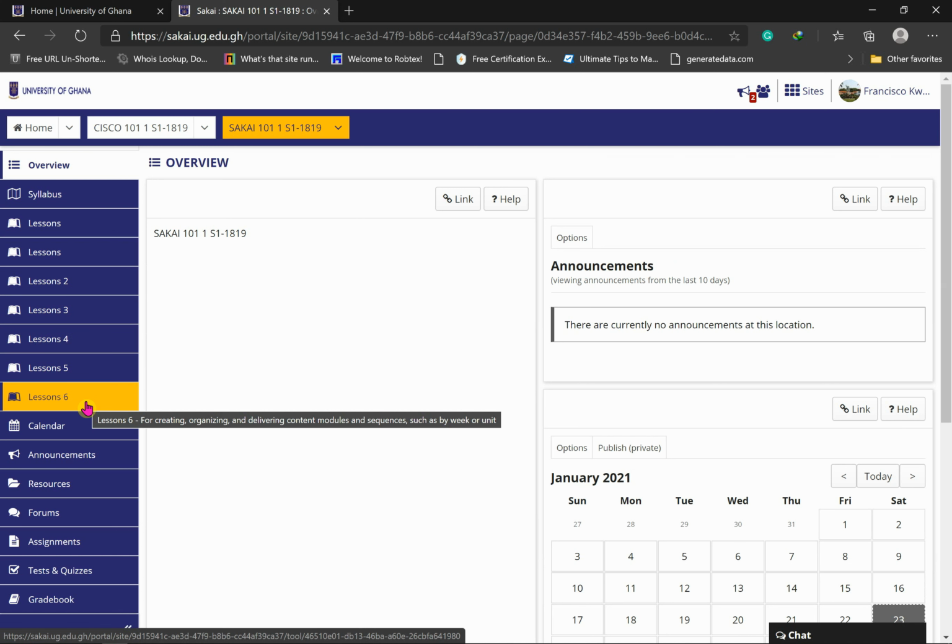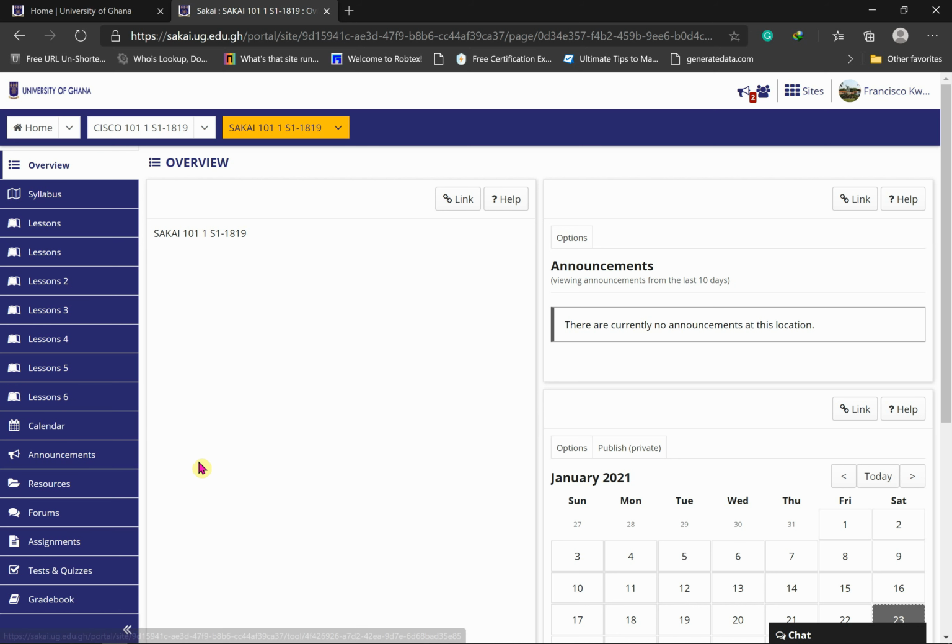All this does is break down the sections you are supposed to go through for a particular course. Instead of having everything in bulk, it breaks it down in a chronological order, so you know where to move from or where to move to